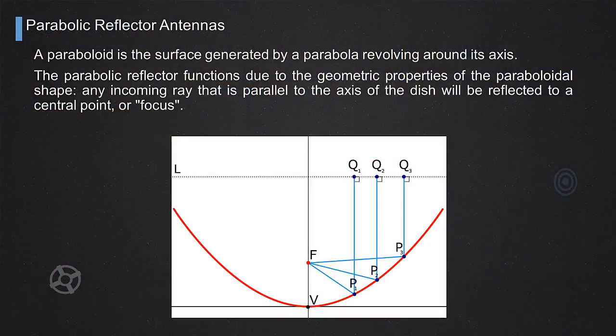What is the mathematical characteristic of a paraboloid or parabolic reflector? They are linked to the geometric properties of the paraboloidal shape. Any incoming ray that reaches the antenna, so you have to think of the famous plane waves that have been generated by another antenna far away. Of course, we are thinking now in reception. We said by the reciprocity principle that we can reason in terms of receive antenna or transmit antenna indifferently. So let's think of a receive antenna just for simplicity.